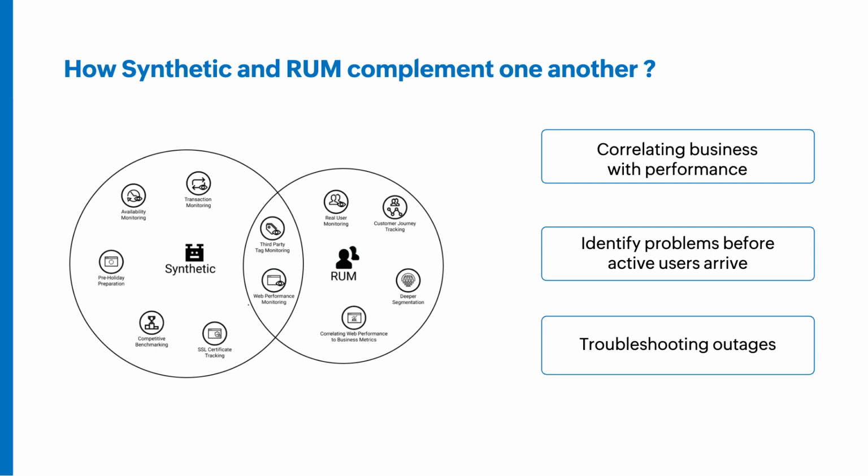Troubleshooting outages. Combining synthetic and RUM data can make troubleshooting quicker and easier. When synthetic tests fail or trigger an alert, the data gathered from RUM will show you the real time impact of user experience. Similarly, if RUM data reveals a performance anomaly, then you can use a synthetic transaction to replicate the